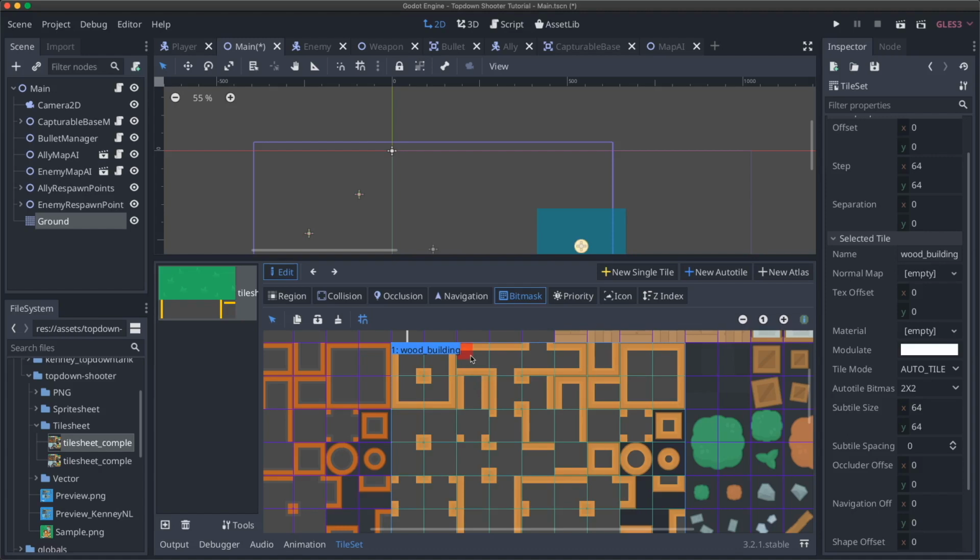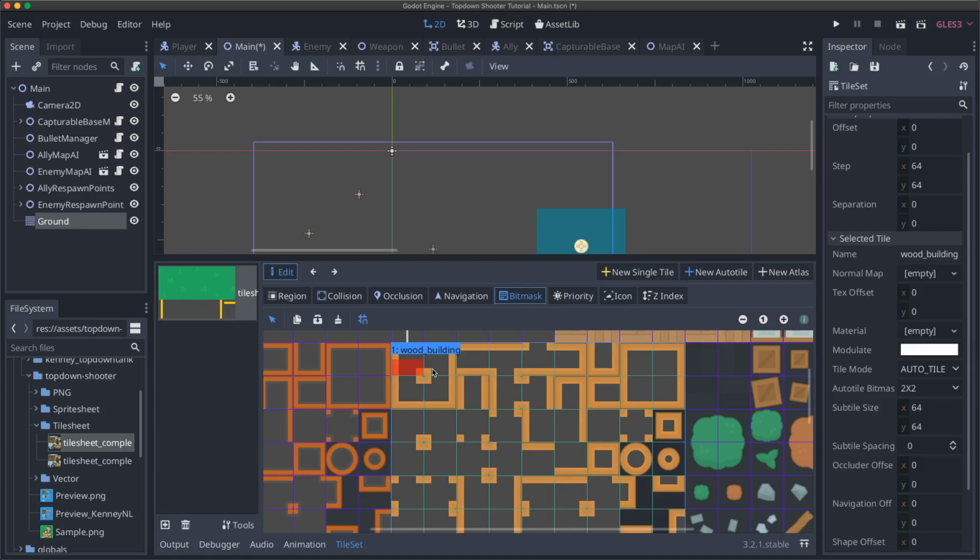So if we have this tile right here that I just clicked on, and I put a tile to the right, I should not draw a tile like this, because I know that we have a tile of the same tile set to the left. So you're basically defining those rules, and Godot will use that to paint in the correct tile. With a bit mask, you can click on different parts of a tile to draw in what you want to think about as